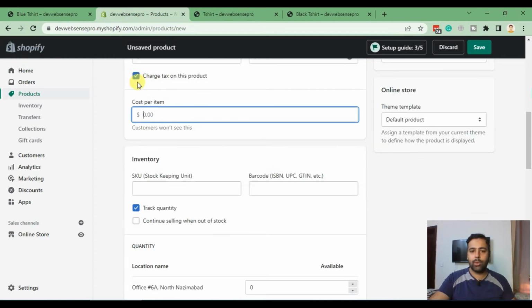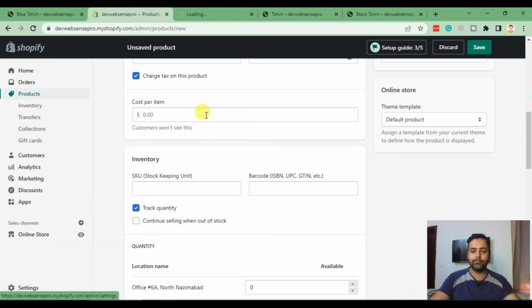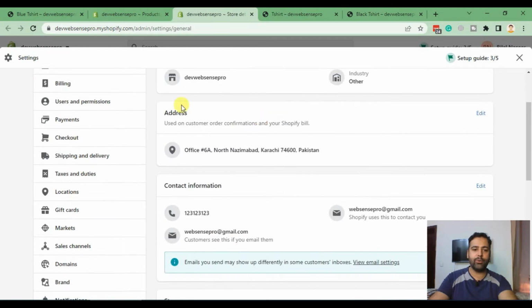Charge tax on products. We'll leave this topic for another video because there are settings within the Shopify backend where we will be adding the tax details. So just leave it for now. I'll create another video for you guys for the detailed brief on the tax. But the summary of that, you can also add tax settings by going to settings. And then after going to settings, you can see that you have taxes and duties